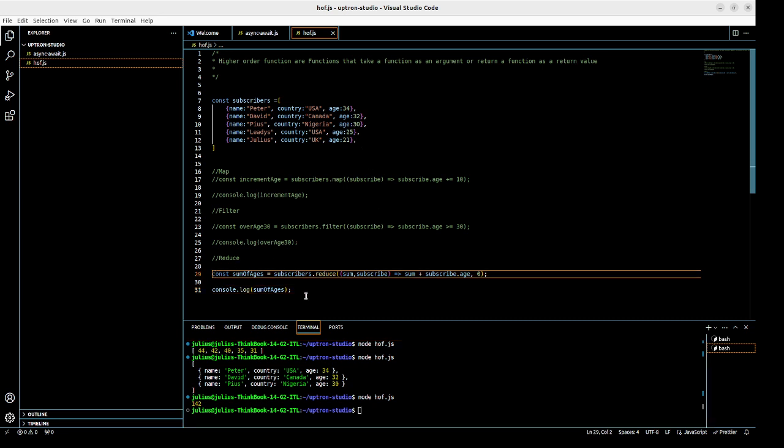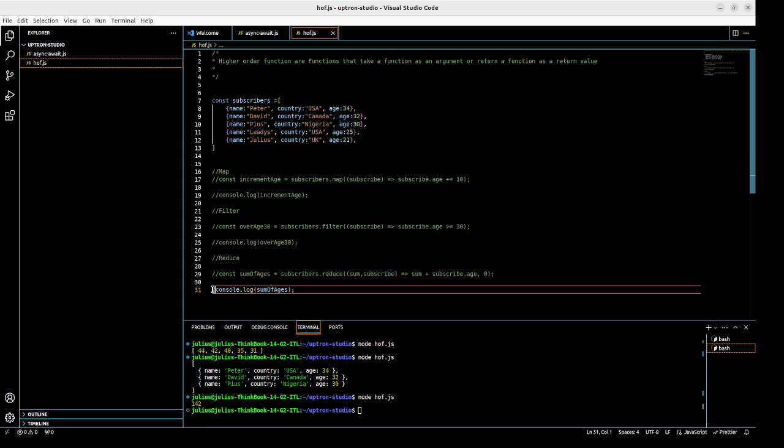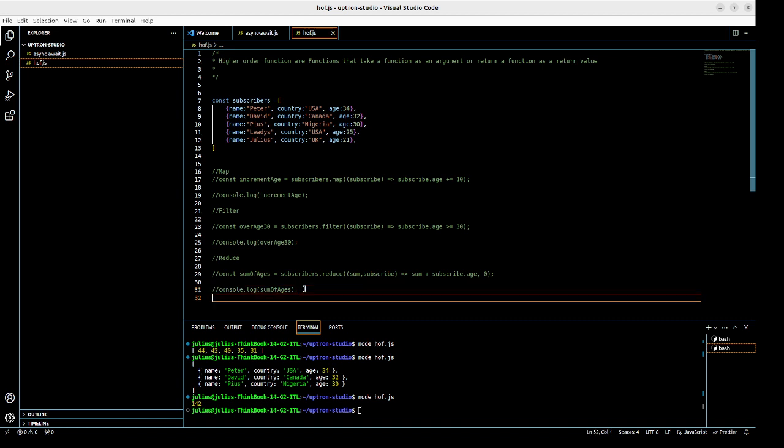So there are several other examples that we might want to look at. For example, we have forEach, which loops through each element of the array, just like a for loop. We have sort, which can be used to sort elements in an array. Okay. But I think one interesting thing that we can look at is how to create our own custom